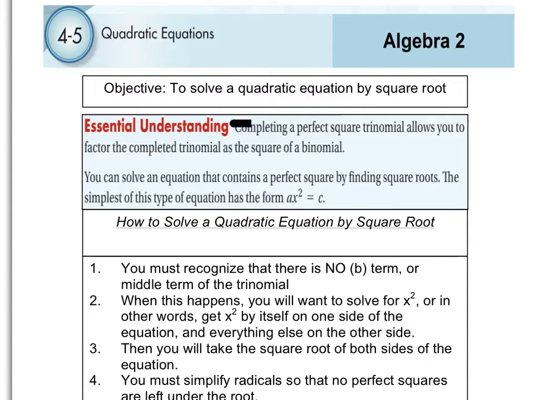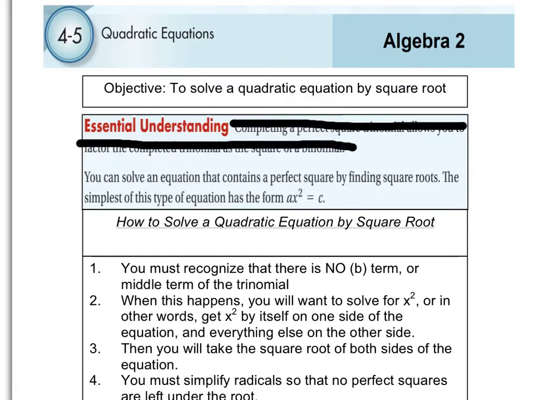this, not worrying about this stuff right here, the perfect square trinomial. We'll take a perfect square trinomial and we'll just factor it like normal. But you can solve an equation that contains a perfect square by finding square roots. The simplest of this type of equation is in the form of ax squared equals c. Now, as you look at that equation here, and